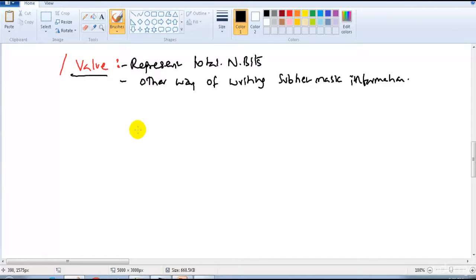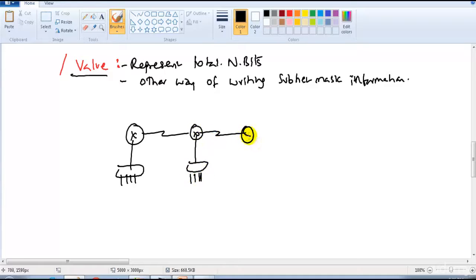Let's take an example. In my company, I have a network and a diagram that represents my company network. So I have a router, a switch, something like this. I'm trying to understand my diagram, and to understand it you also need to know the IP addressing, because if you want to access any device, generally we need to know what IP address is used here, what IP is used here.